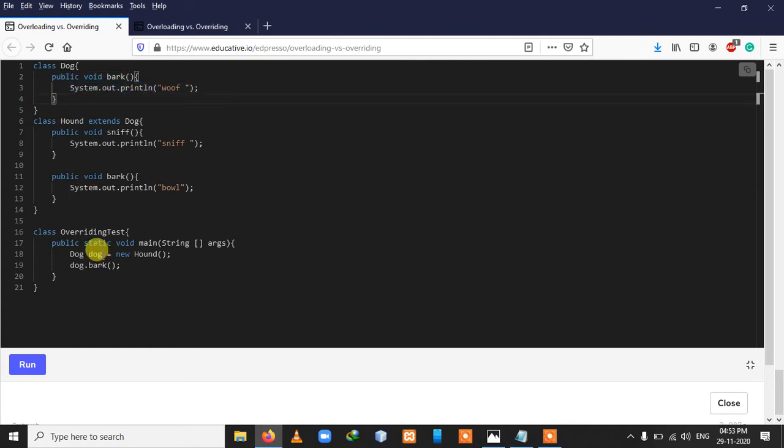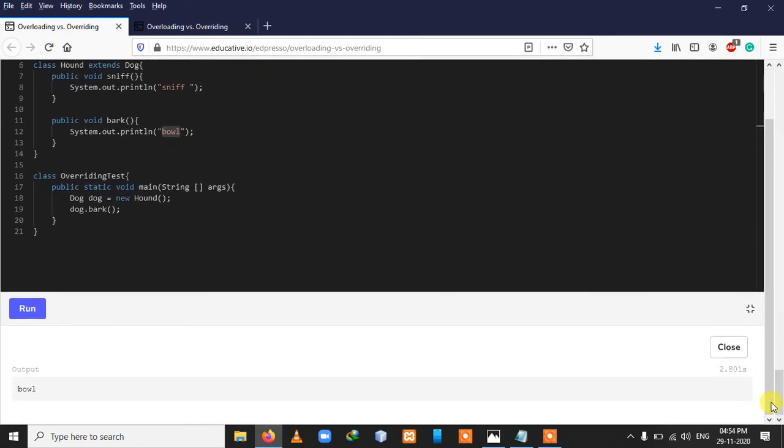Whenever I call the method from our main class, it will give the specific implementation of a method that is already in the parent class. So it will print the output of the child class, since it overrides this method. So it will print the bowl. Here you can see the output of that, bowl.